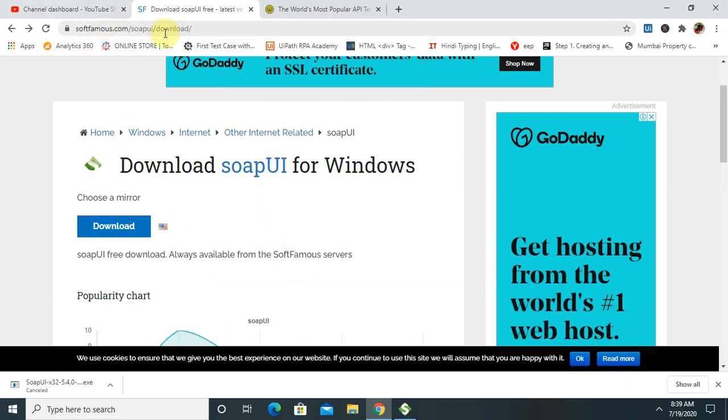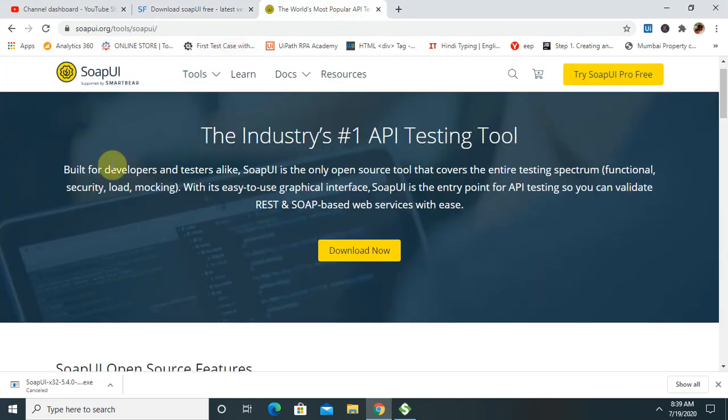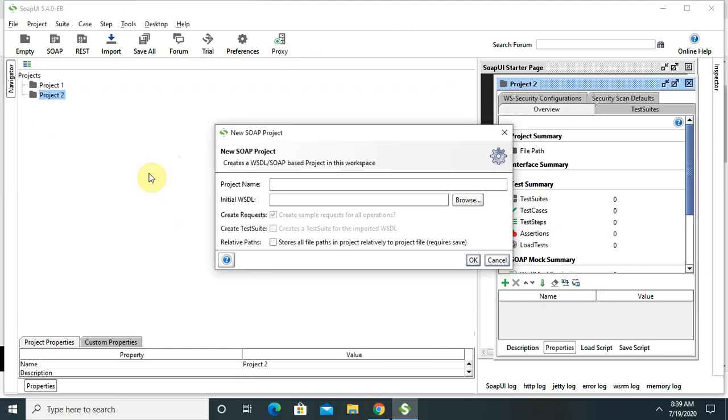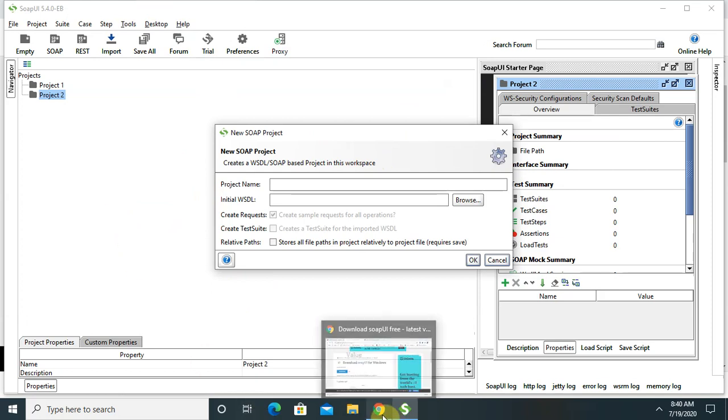This website you can use for 32-bit, and for advanced packages and the advanced version you can download from here. But when you are downloading from here, you will get 64-bit. So if you have a 32-bit system, you can download it from here. Then we had a look at different components of SOAP UI after installation.